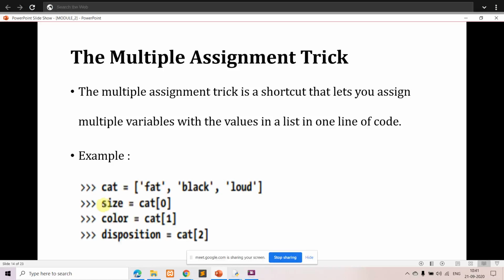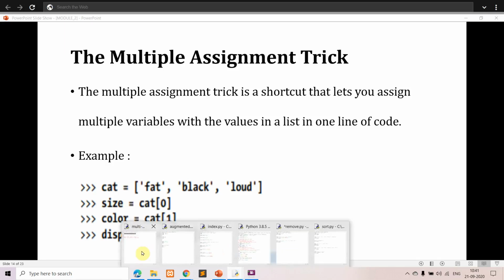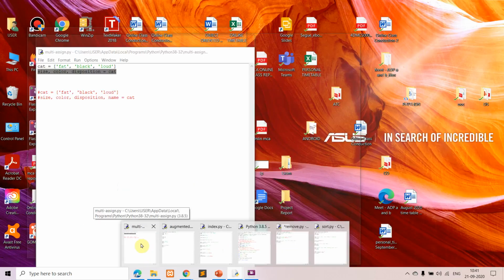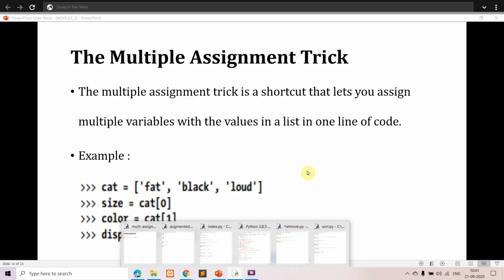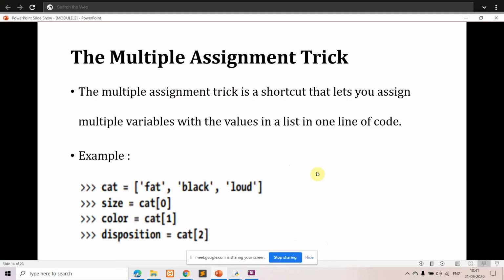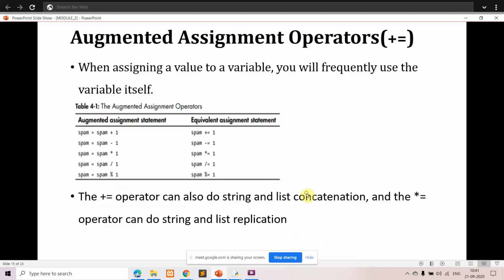What we are saying here is, instead of having multiple lines like this, we'll do everything in a single line. That is what we are speaking about in multiple assignment tricks.